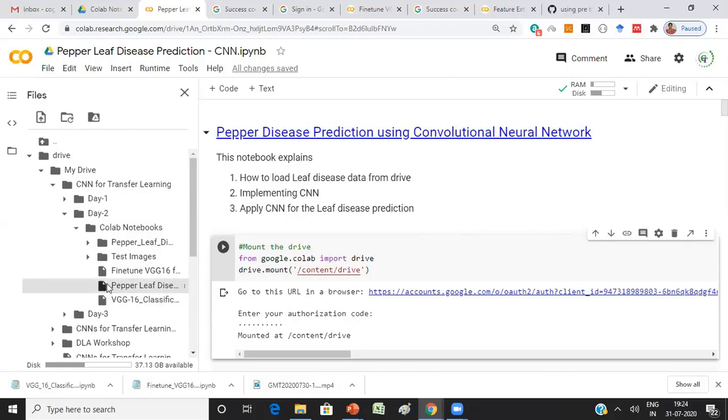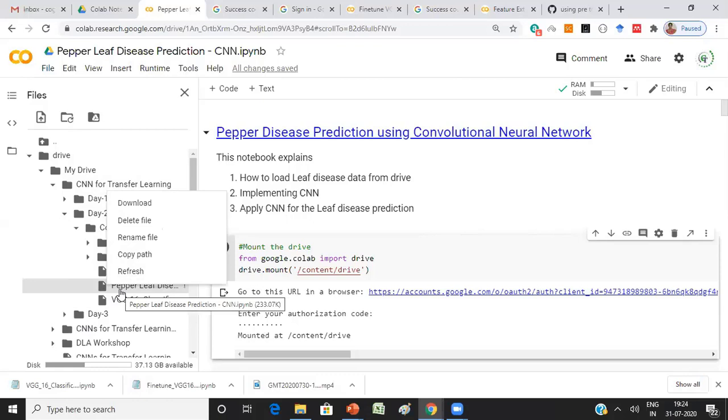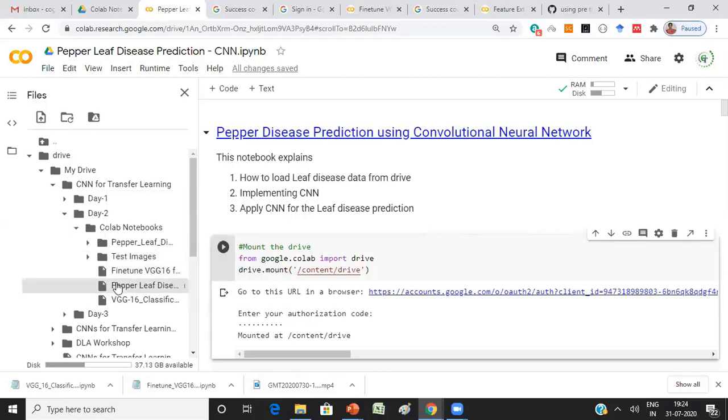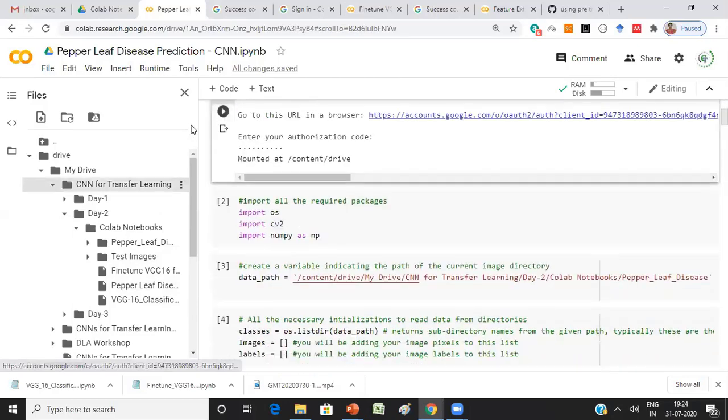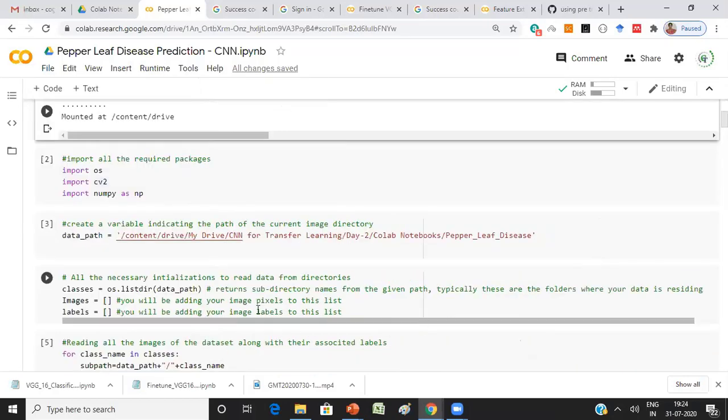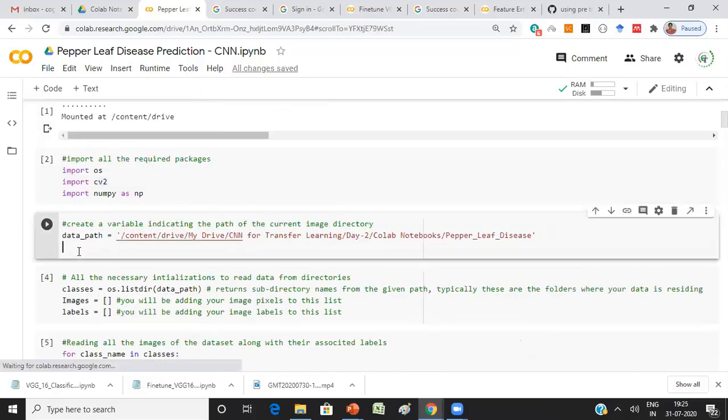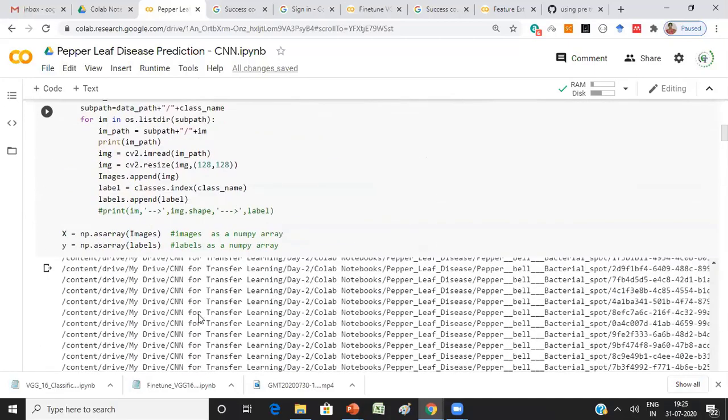So that is what my file path is. Just traverse to your file and then right click on that and select copy path. That will copy the current path of whatever file you selected.